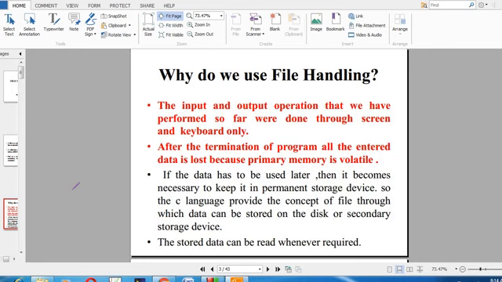But if you want the same output in future, we are unable to get it back. So it is not possible in C programming, and that is why they have introduced the new concept, file handling. With the help of a file, whatever output we get, we can store it in the file. Whenever we want it in future, we can get it back. That is the advantage of the file concept in C programming.